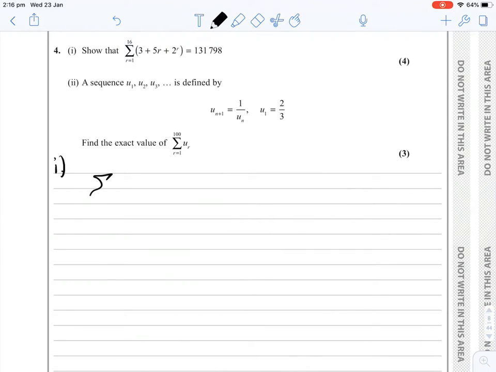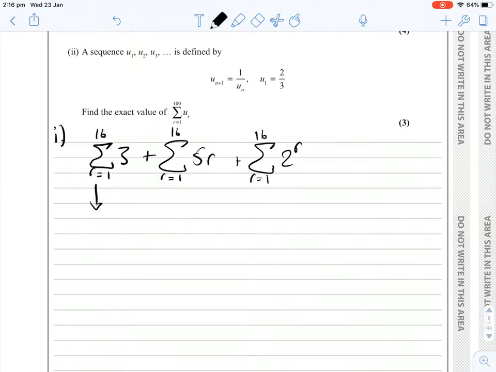summations. So the first one is to say that we're doing the sum of a series between r is 1 and r is 16 of 3, add the sum between r is 1 and r is 16 of 5r, add the sum between r is 1 and r is 16 of 2 to the r. So looking at this part here will simply just be 16 threes because we've got 3 being added together 16 times. This part here, we can use the formula of